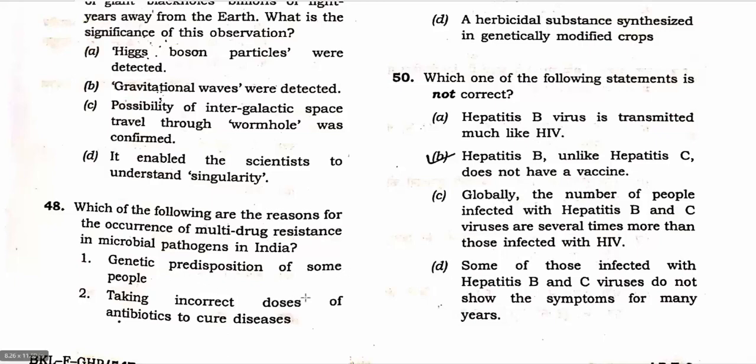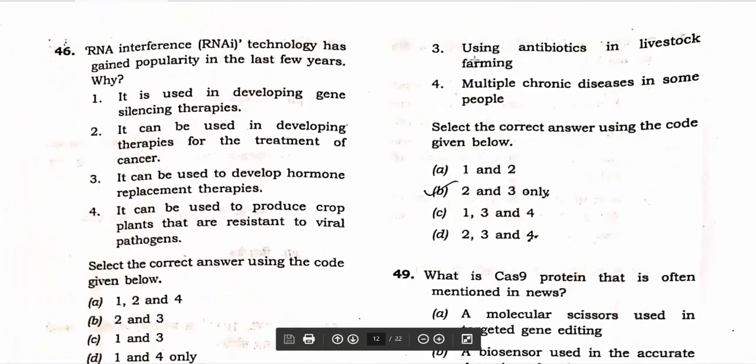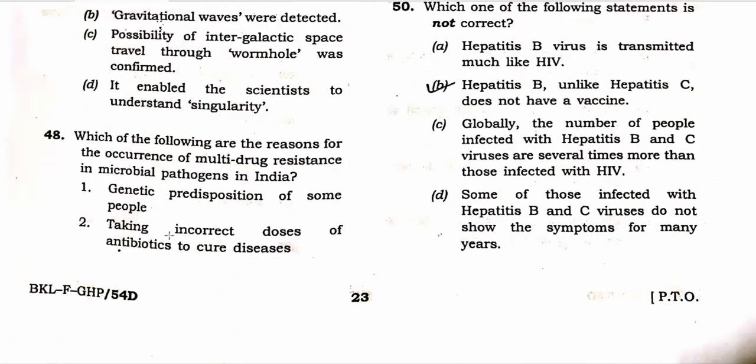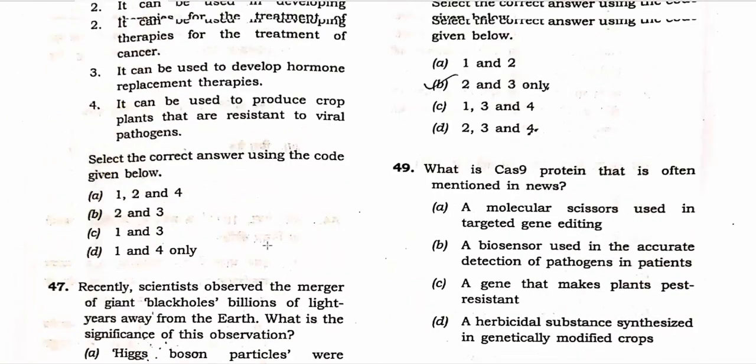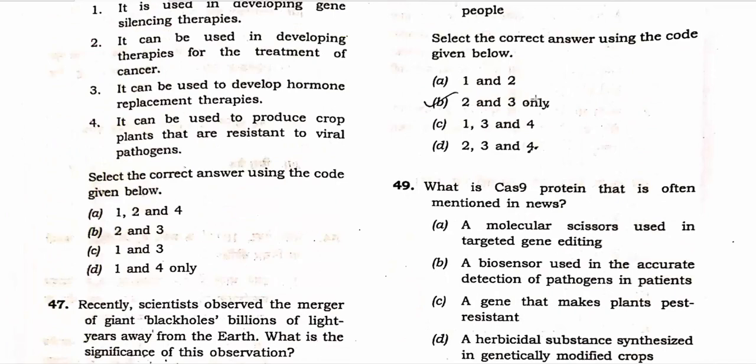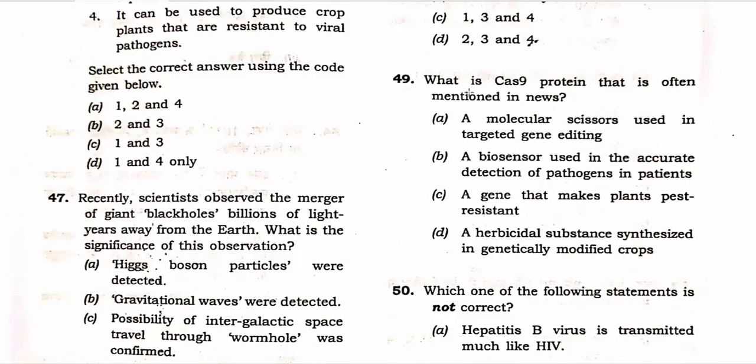So more likely, you know that 4 cannot be an answer. If 4 is not an answer, C and D are not answers. If 1 and 2 are what you have been getting stuck with, then you can give a chance to the genetic predisposition of some people. It cannot be an answer. So the correct answer you can land upon is B, that is 2 and 3, with logic.